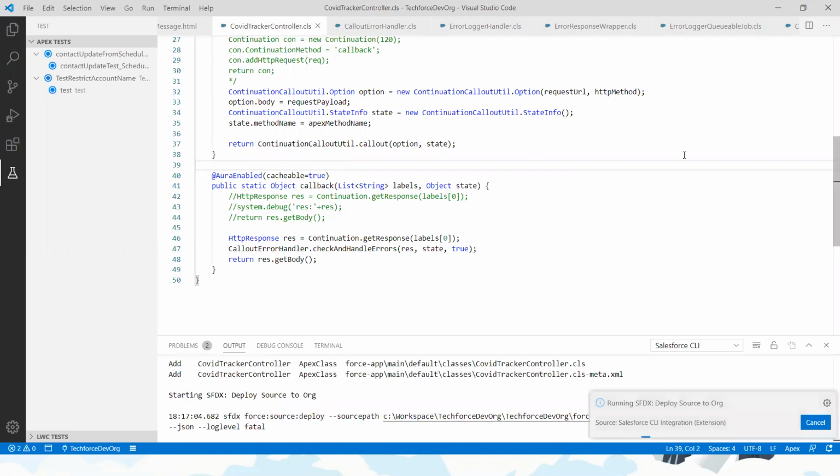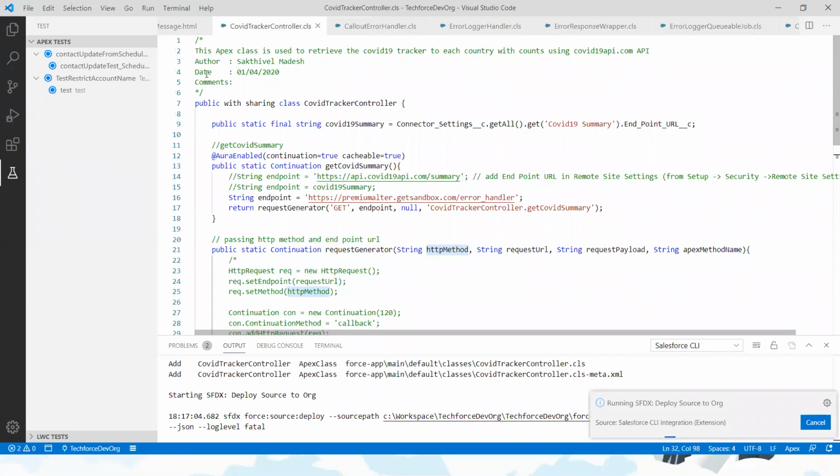And other than that, one more thing, which I recently learned, maybe I will show you. See here, whenever we are creating a controller or Apex trigger, as a best practice we need to add comments.